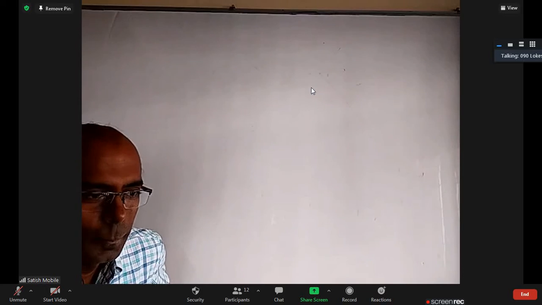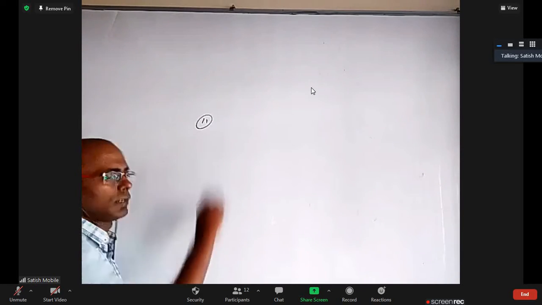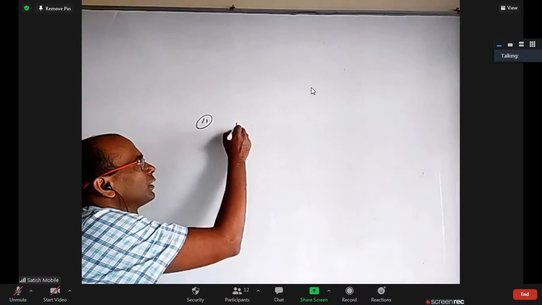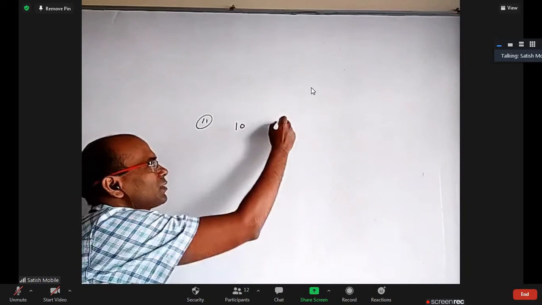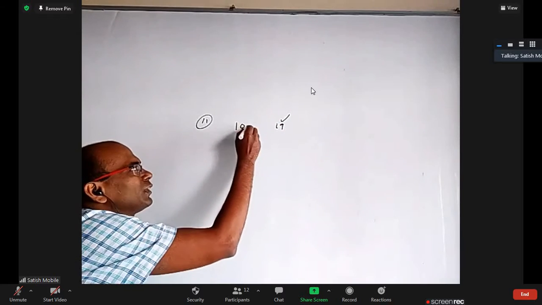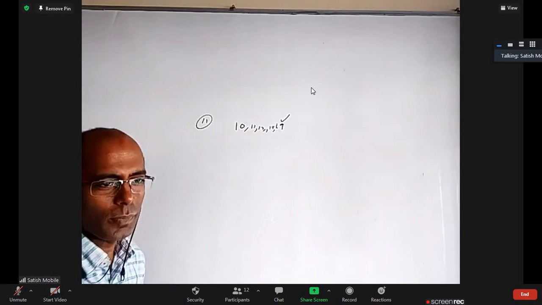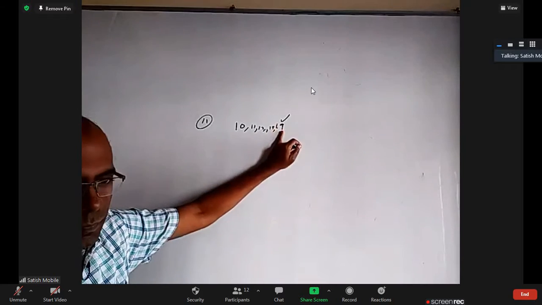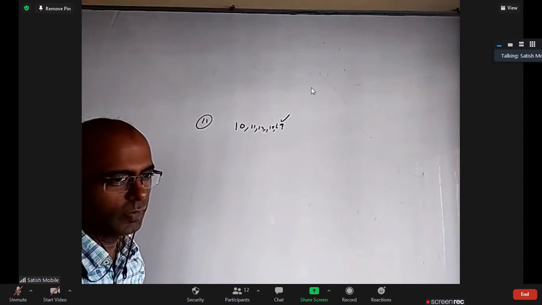Because in every row, between 20 and 30, 30 and 40, there is one. Exactly, that is the answer. Between 10 to 19, there is a prime number. 19 itself is a prime number. Because of that, you take 10 or 11 or 12 or 18. Whether they are prime or not doesn't matter. This is prime, and you take anything else, they have the same tens digit. So 10 to 19 are all almost prime.